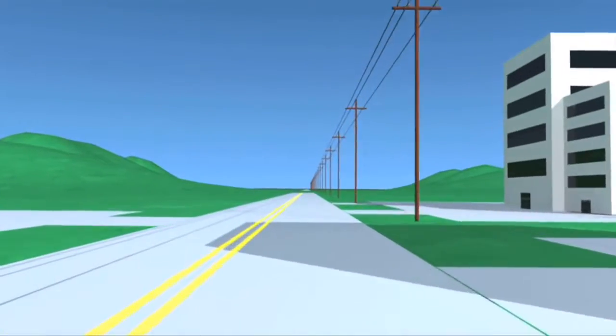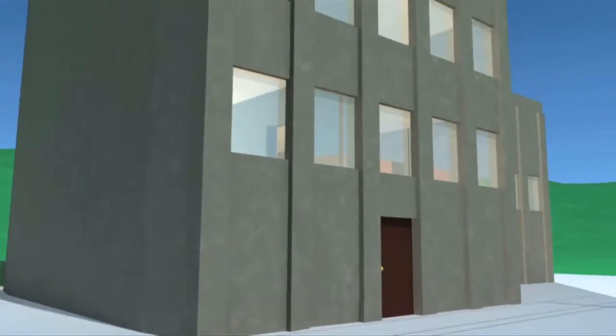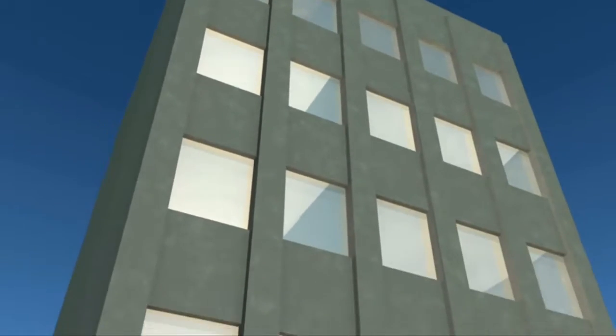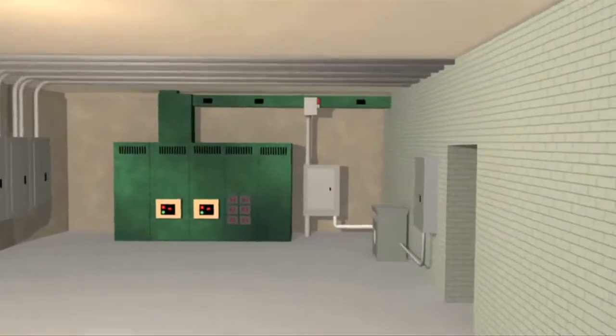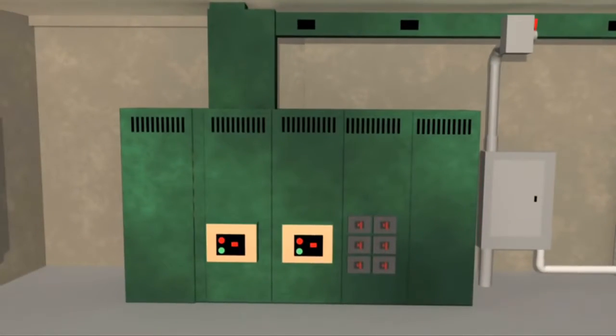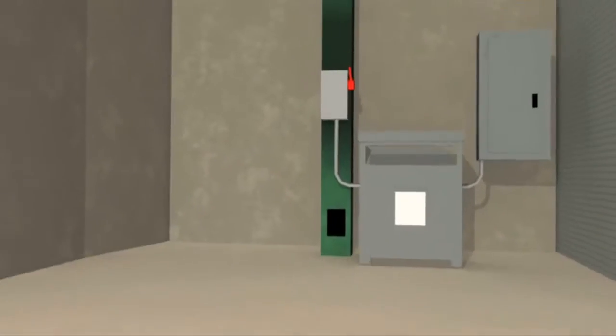In this course, we will take you on a virtual tour to see how electrical power is distributed throughout a building. This is defined as the electrical distribution system. These systems are uniquely comprised of a variety of electrical components to meet specific electrical demands. You will learn the function of each of these electrical components and how it relates to the total operation of